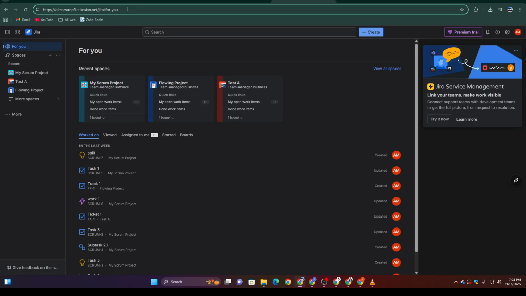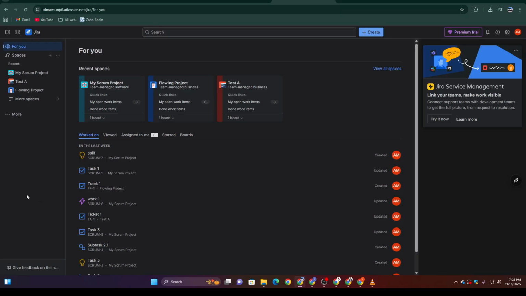For example, if your Jira site is https://teamx.atlassian.net, then your API base URL is https://teamx.atlassian.net/rest/API/3. This is what you will use to make API calls for tasks like querying issues, creating updates, or automating